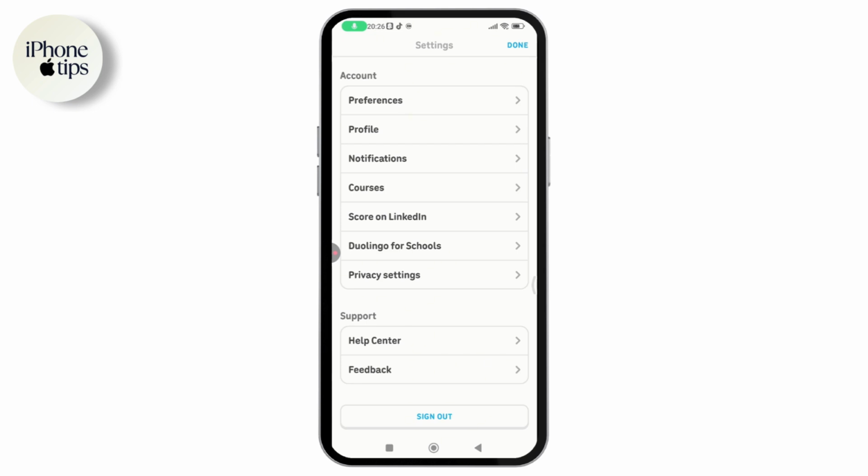Once you tap on it, it will show all of your current plans. Like if you have taken a free trial, it will show you a free trial. You can either pause your subscription or you can cancel your subscription. So if you want to cancel your Super Duolingo free trial, then you can just simply tap on cancel, and